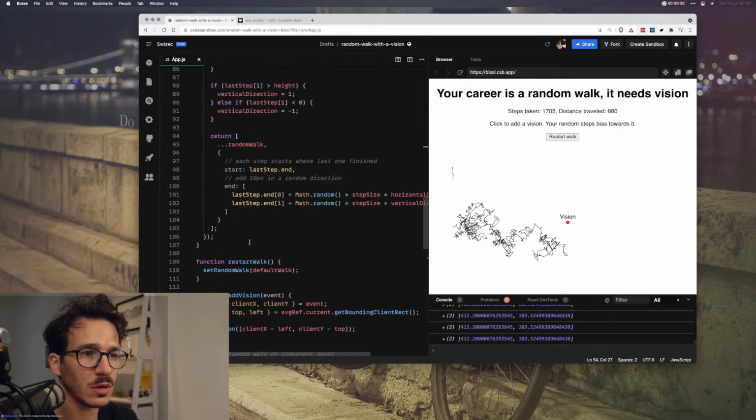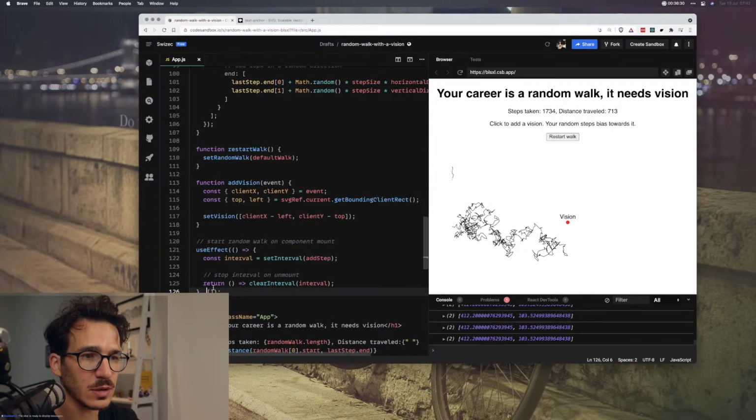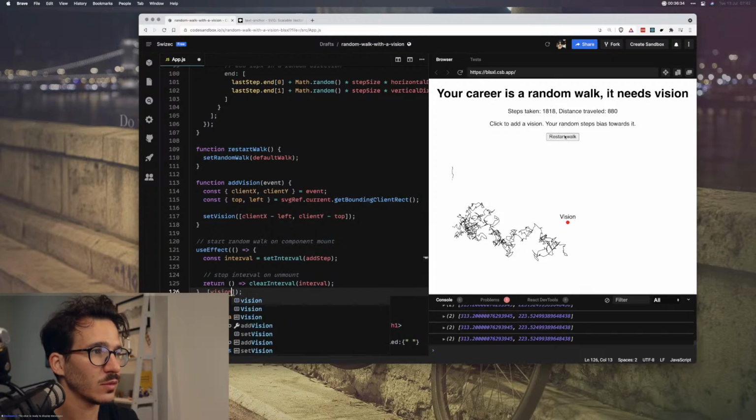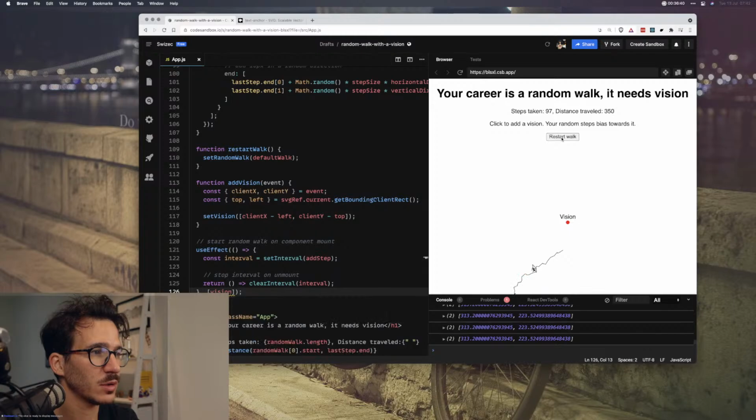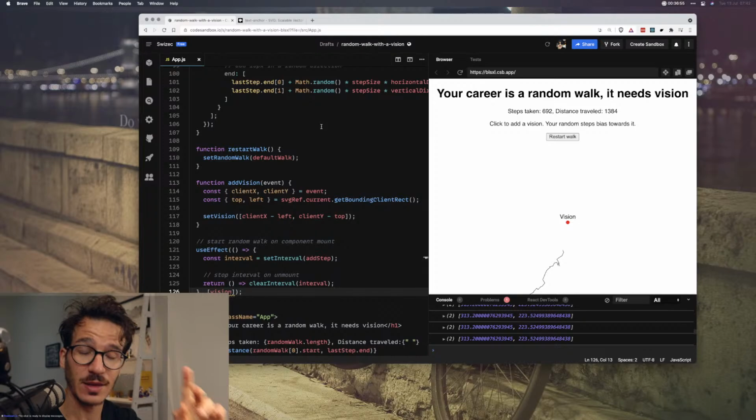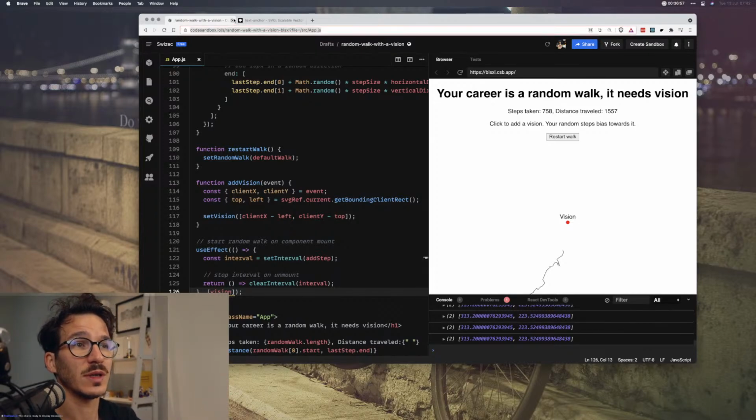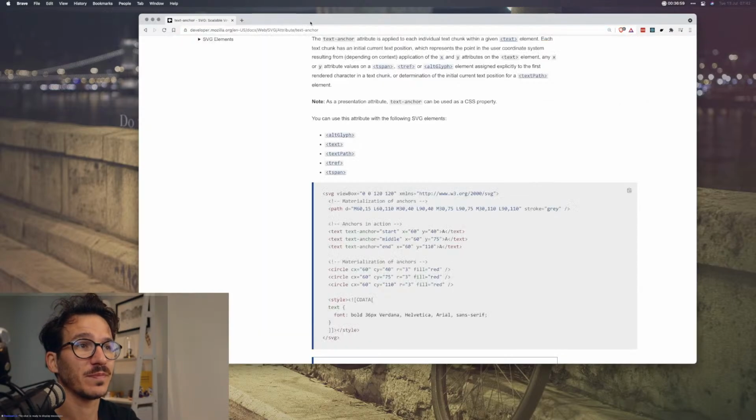So I'm going to go down here, let's say vision. Restart walk. Come on. Cool. We got it exactly opposite. The console logs have destroyed CodeSandbox, and I need to kill this tab because it's dead.